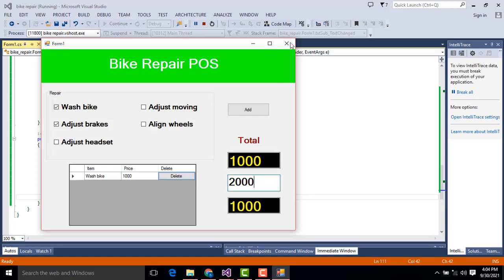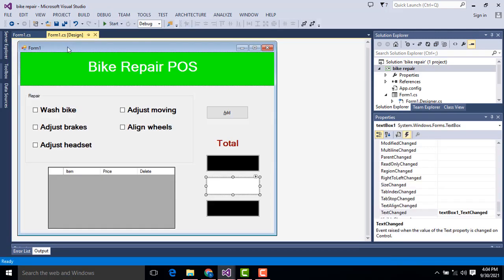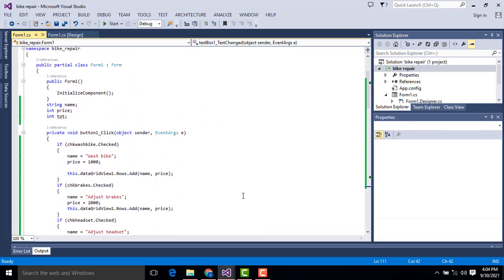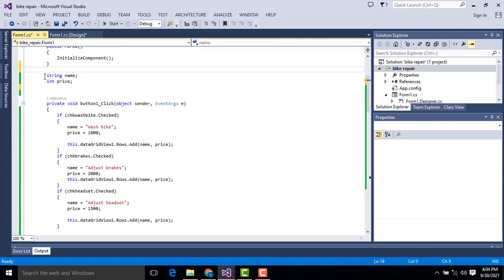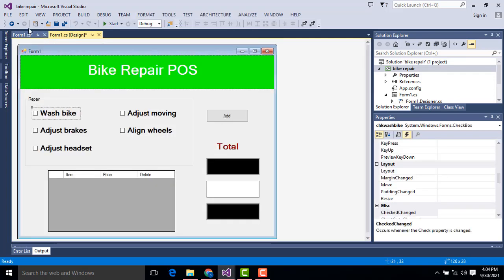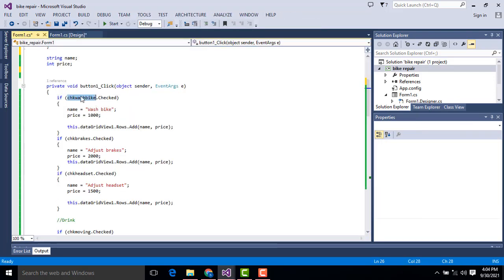Right. Now I'll explain the code step by step. This checkbox, which name is this one. Okay, so here what I did is first I created the variables: string name, price, total we don't need, only the string name and int price. Okay, after that, we have to put the if condition, chk this button, if you select this button, the name of the button I have written here, dot check method. What I did here, open bracket and close bracket, we have to return.